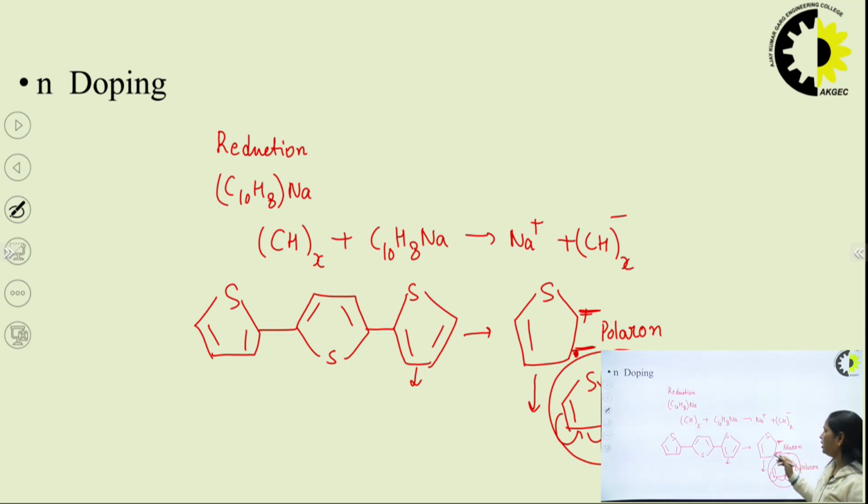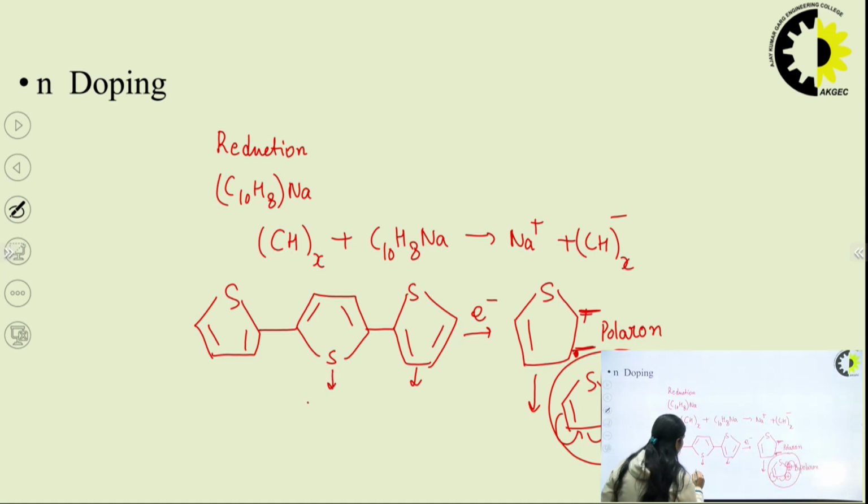So when one electron is added, when one negative sign comes to the ring, and then one more electron is added, one more negative sign comes to the ring, this structure is known as bipolaron. When this bipolaron is formed,